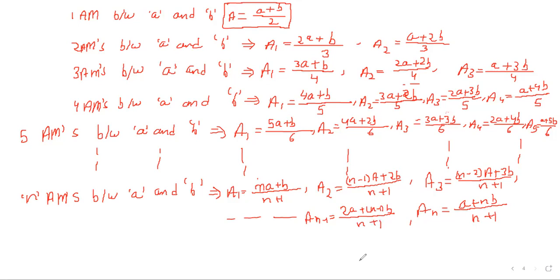Hope you all must have understood the theory of arithmetic means. So revise it properly. In the next session, we will discuss the questions related to arithmetic mean. And before this, I am going to discuss one important result related to arithmetic mean. Remember, the single arithmetic mean we have obtained is (A plus B) upon 2.